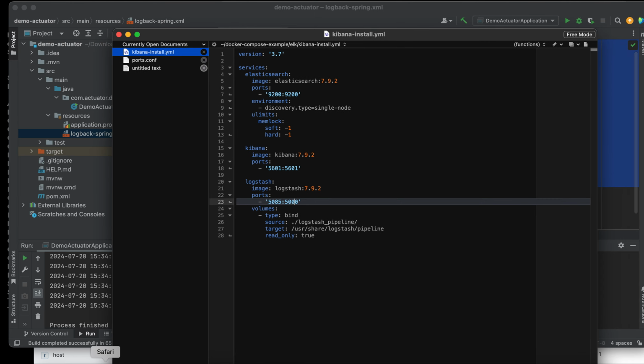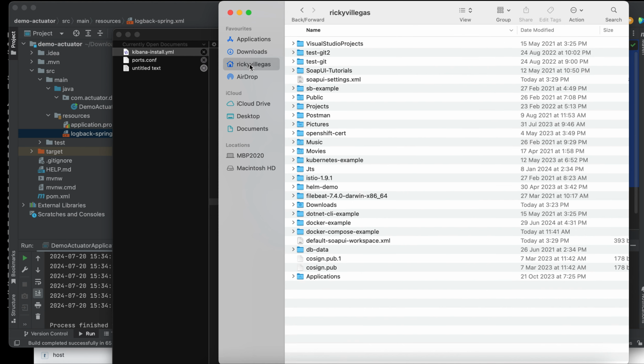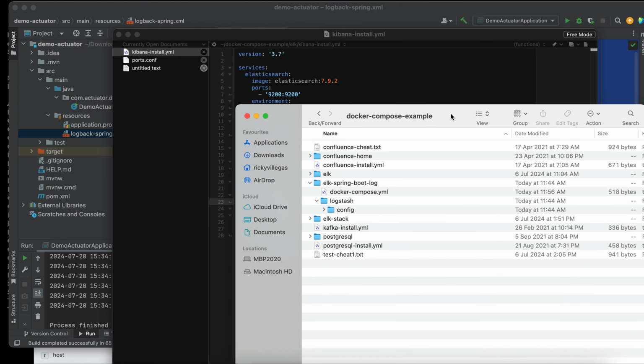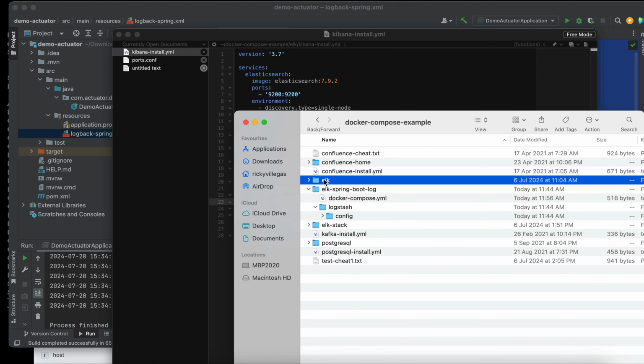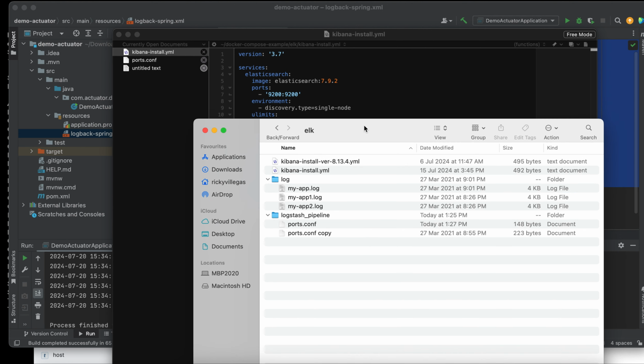I'll show you my directory structure. Docker Compose. Make sure you have Docker Compose on your machine. You need to install the Kibana. You need to create a directory, like a folder like this, elk, then this file, which is this one.